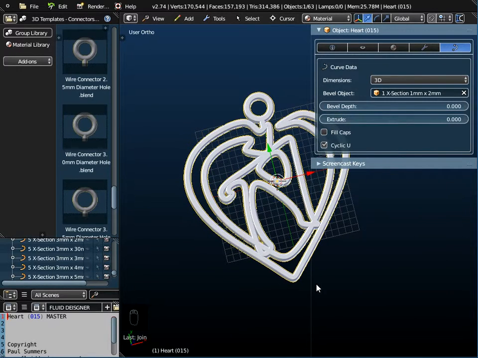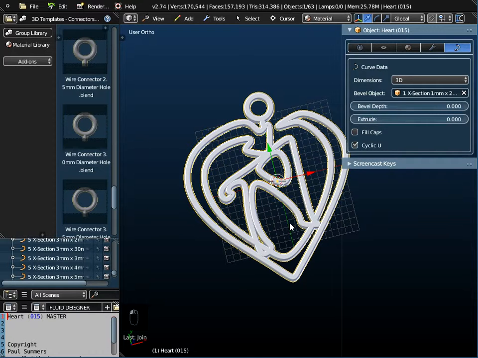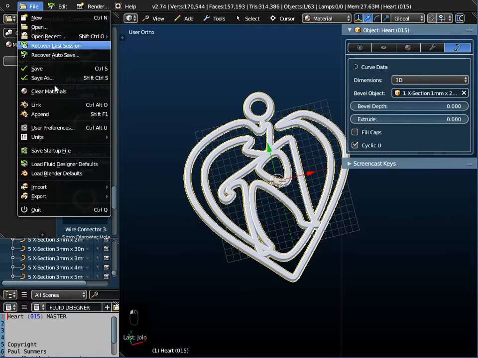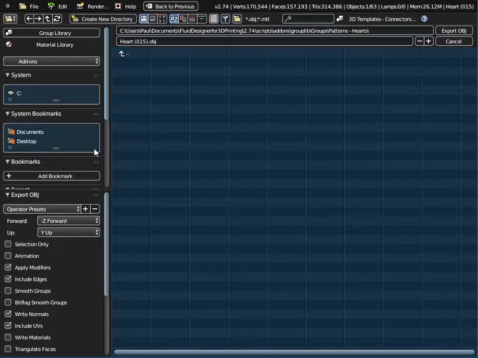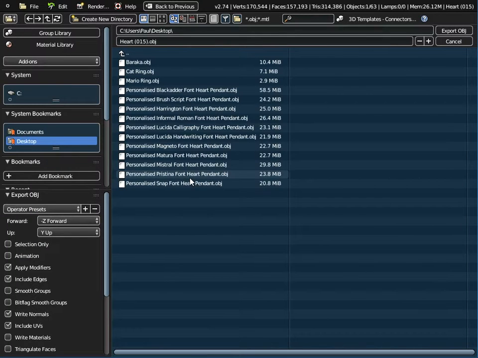Okay, so that's essentially it. That's how easy it is to create this personalised heart-shaped pendant, in this case with a Harrington font on the inside of it. That's all you need to do. Other than export it as a suitable file format, I tend to use Wavefront OBJ. You could use STL. I tend to save it to the desktop, and I saved this earlier as Personalised Harrington